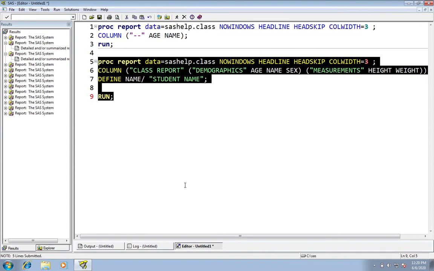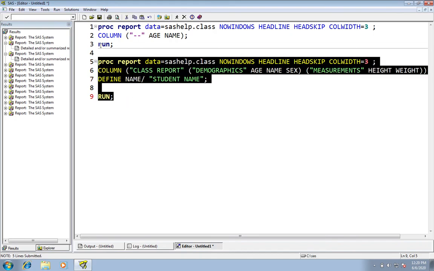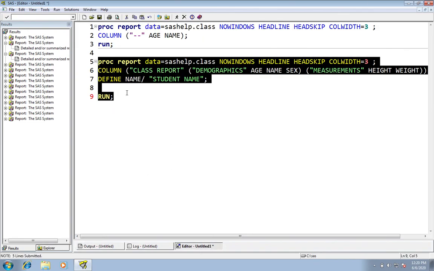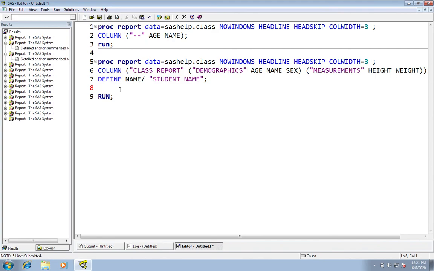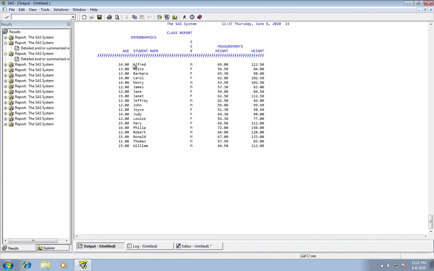Let's see that. See, here now I am executing without the column width option. See, now I want to increase the space for this student name. So it increases the space. Let's give the width option. See, define name width equal to 25. Now you can see the difference. Okay. See, now it increased the space for the student name. Okay.